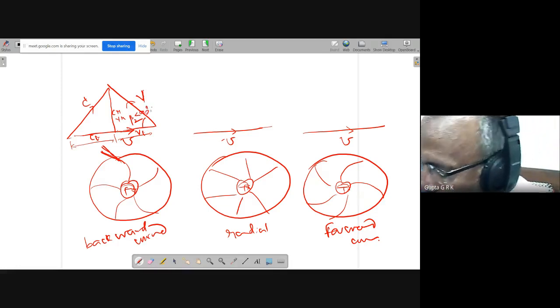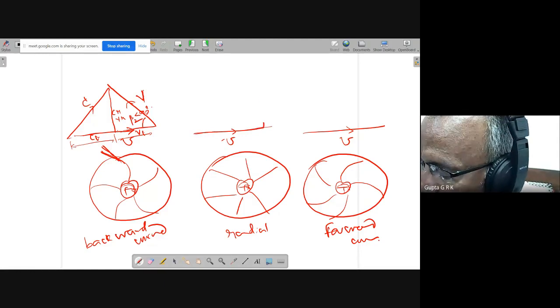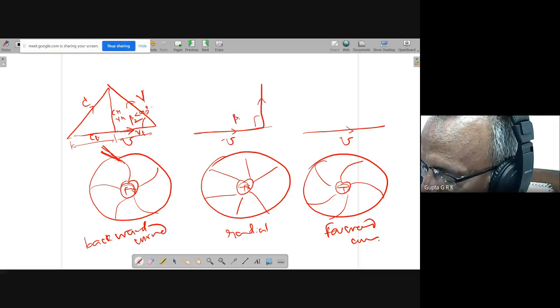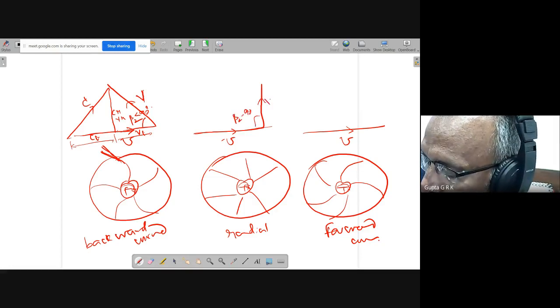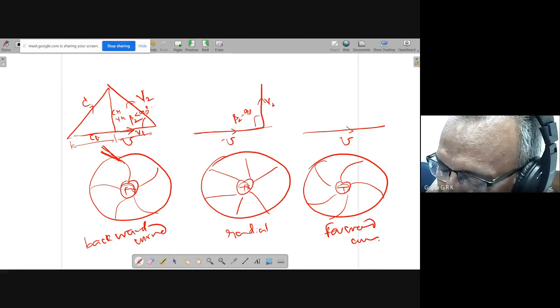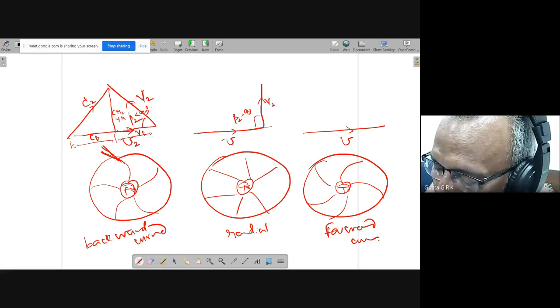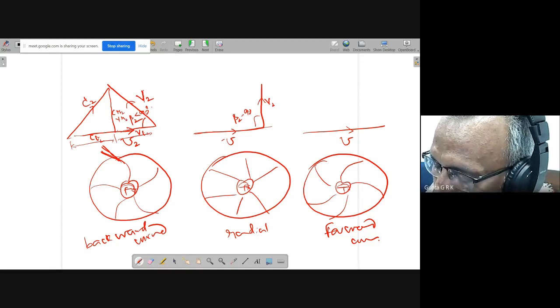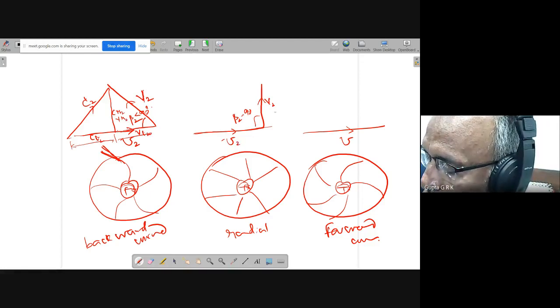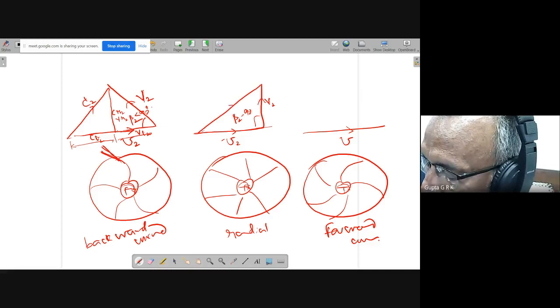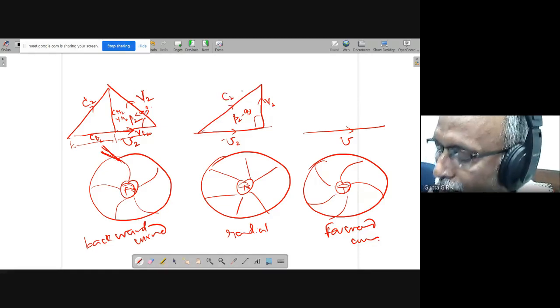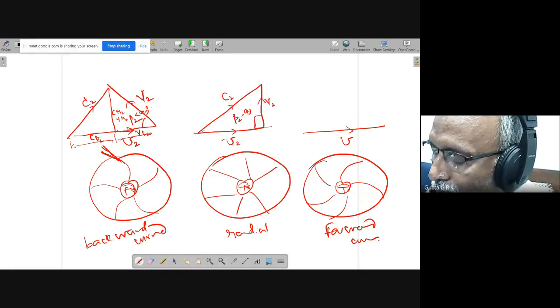And now, suppose I take a radial vane. So V plus U, at this end I have to add like this. So beta 2 is 90, and this is V2. I will write V2, C2, U2. Okay. CR2, VR2, CT2, VT2. So beta 2, U2, V2, and C2 will be this. Adding these two. So beta 2 is 90.